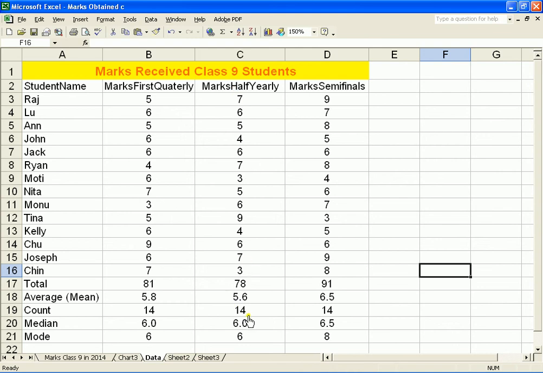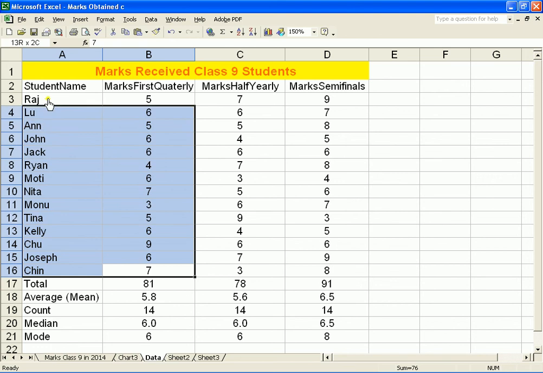We don't want to use this column because sometimes there are hundreds of columns. This data can run into up to 250 columns. So we want to use only this and this column. How can we draw a chart for that? Let's see. So we highlight first this data and we click